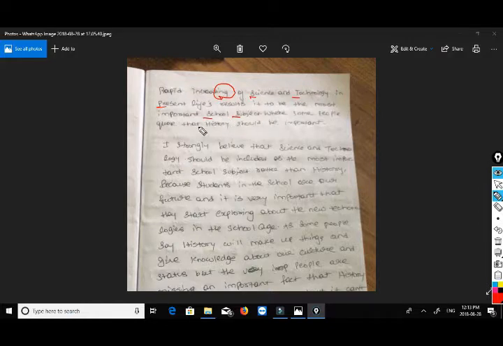Where some people quote that history. So here this person has written history in capital again. History should be important. I strongly believe that science and technology should be included as the most important school subject rather than history,